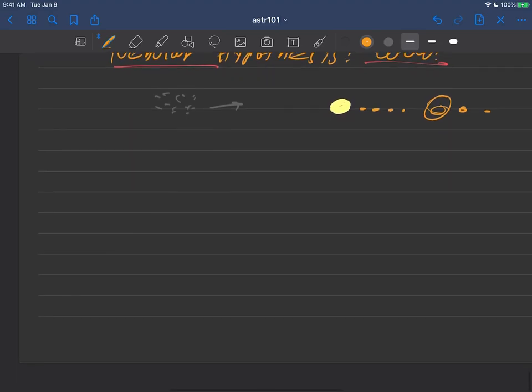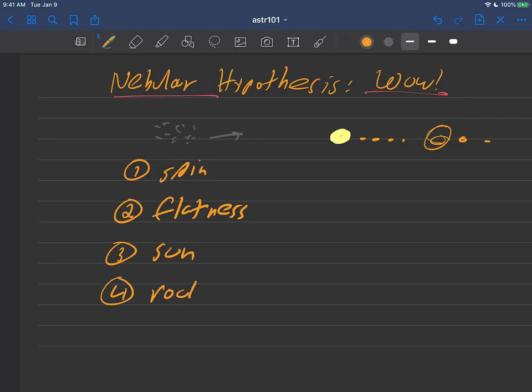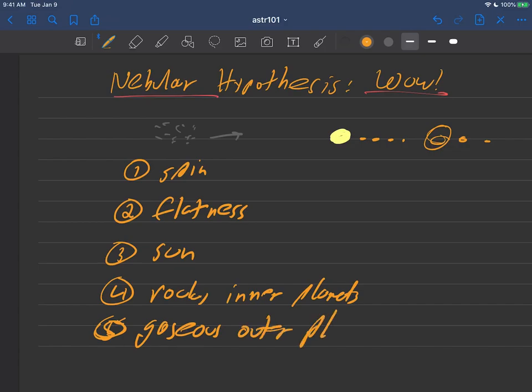So in particular, maybe we can remember together some of the things that the nebular hypothesis has given us here. Definitely gives us the spin, gives us the flatness, it gives us the sun, it gives us rocky inner planets, and it gives us gaseous outer planets. I think also the size is a bit in there too, because the rocky inner planets, they are